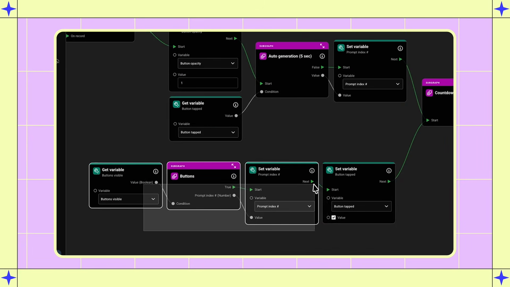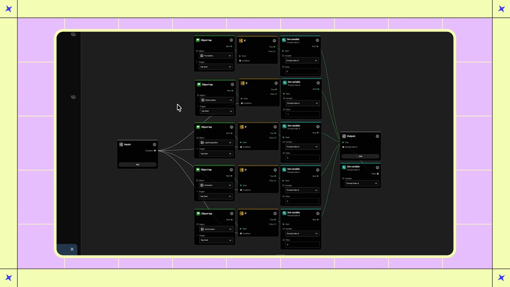Section 5 is the button subgraph. This is where each button tap gets translated into a prompt number. There are 5 object tap nodes, one for each button icon. When a button is tapped, its tap node fires. An if node checks whether the generation has already been triggered. If not, a set variable node assigns the prompt index number to that button. Fire is index 0, water is index 1, lightning is index 2, air is index 3, earth is index 4. That index number is what tells the Visual Script which prompt to pull from the prompt list when it's time